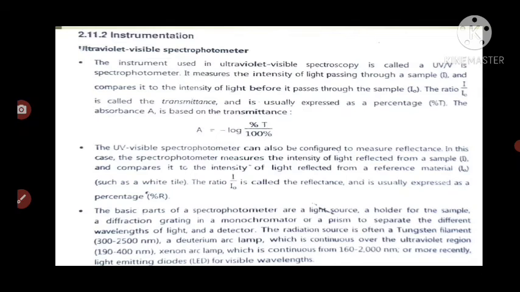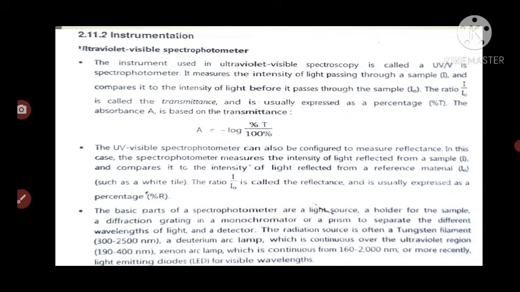So that is considered as, if we calculate the percentage of T, that is the transmittance, with the help of the intensity of the light, we have to take the minus log of this with the 100%. Next point of this instrumentation: this UV visible spectrometer can also be configured to measure the